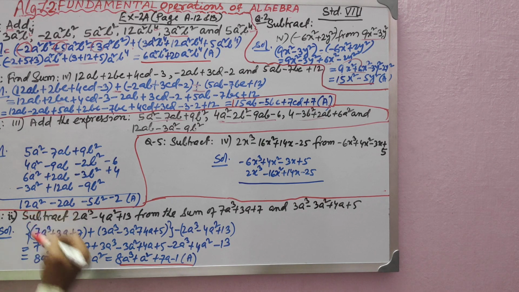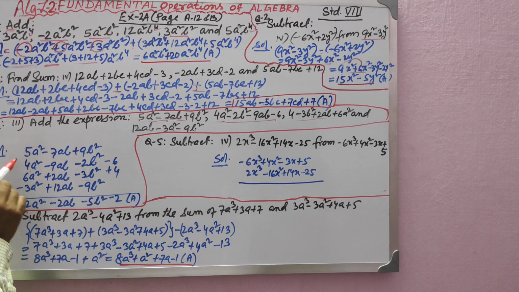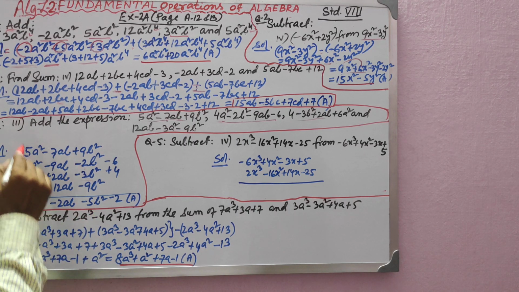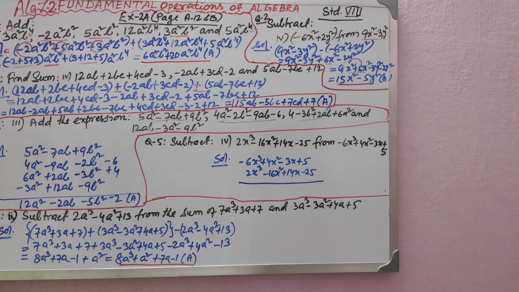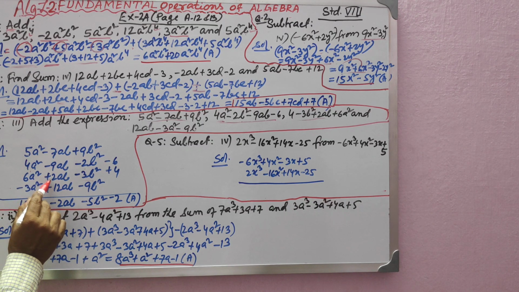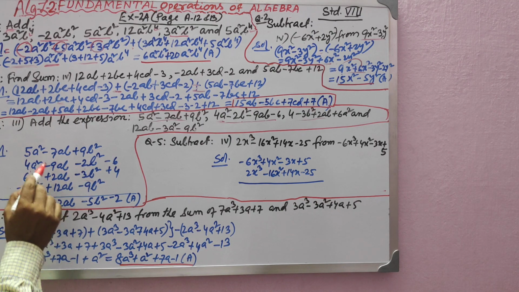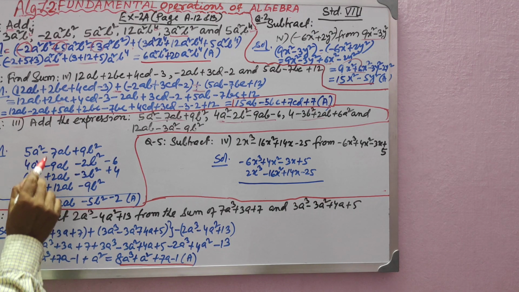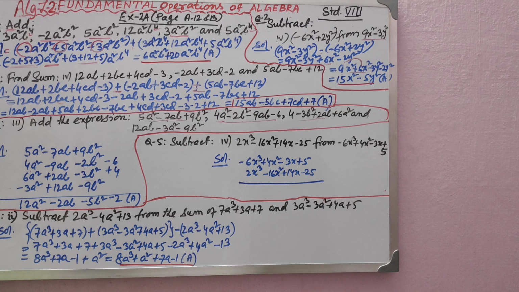Similar way only. See, any side you can do it. It is not a numerical addition, so you need not go from right to left. There is no problem. So from this side only: plus 5 plus 4 plus 6, how much will it be? 15. All the plus will be 15. Plus 15 minus 3, so 12. 12a square. Understood? Now here plus 12 plus 2, 14. And minus 9 and minus 7, 7 and 9 is 16. Minus 16ab plus 14ab.